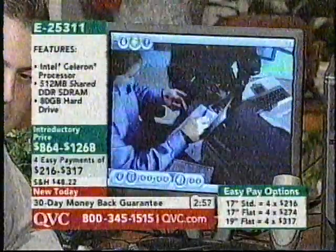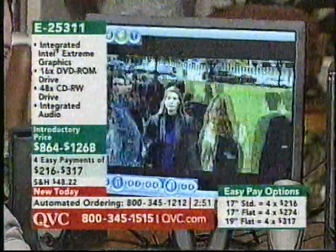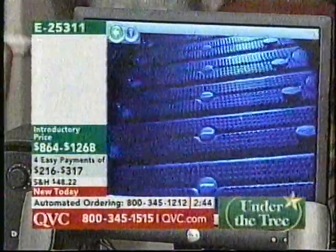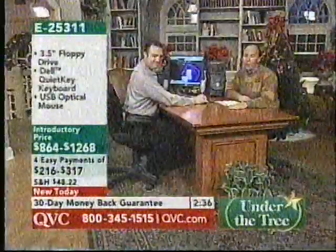80 gigabyte hard drive, lots of storage space on this computer. Great graphics card for all your gaming and your videos. 16 times DVD ROM drive, 48 times CD RW drive. You can play DVDs, and you can play and burn CDs. Integrated audio with the stereo speakers and the subwoofer, 56K data fax modem, integrated 10/100 Ethernet card, and there's